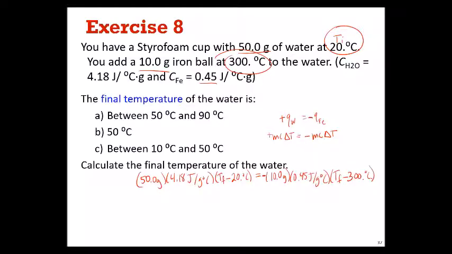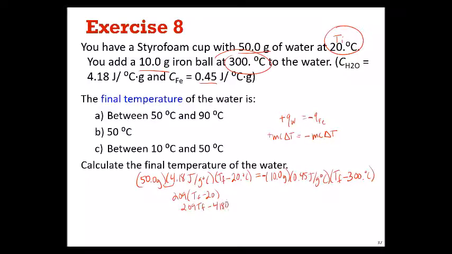Now I can start doing the calculating. And like I said, it becomes a big algebra mess. And if you want to go ahead and divide stuff out differently, you can. I'm going to multiply and then distribute. That's how I work these problems. So for this one, I get 209 times the TF minus the 20. And so this will be 209 TF minus